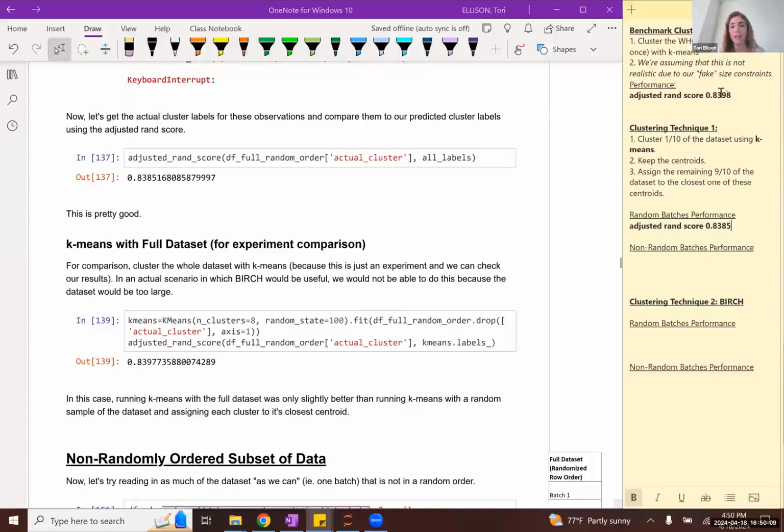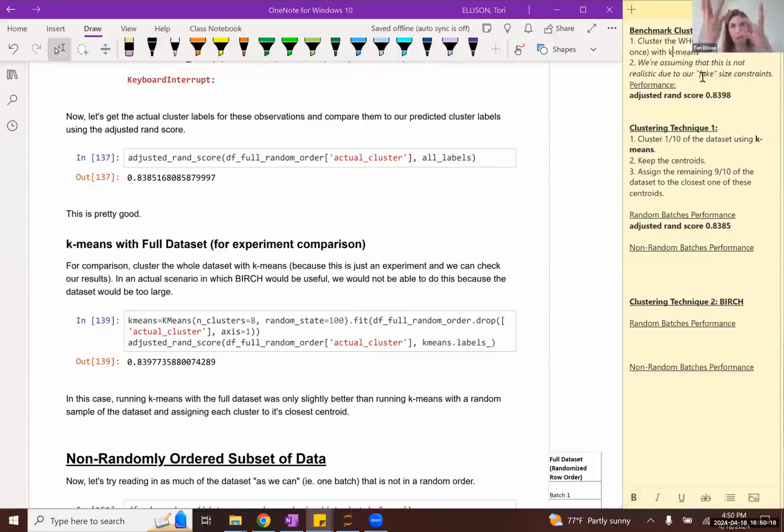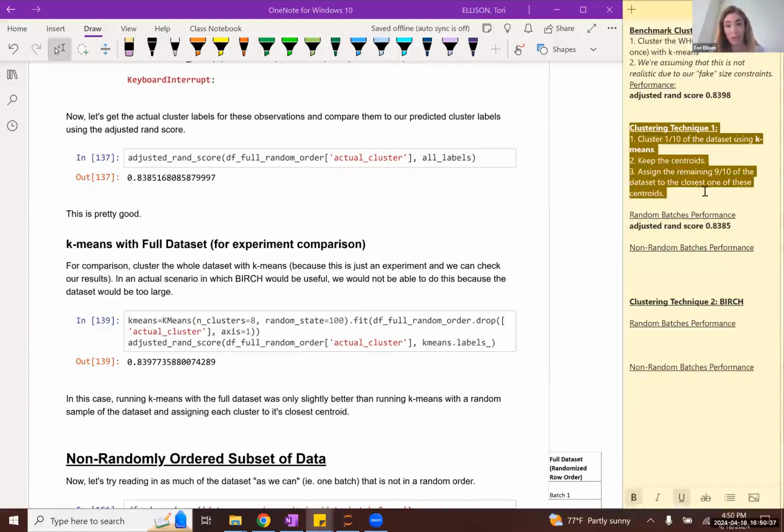In other words, for all intents and purposes, it is very close to the best adjusted RAND score that we saw when clustering the full data set, i.e. 0.8398.